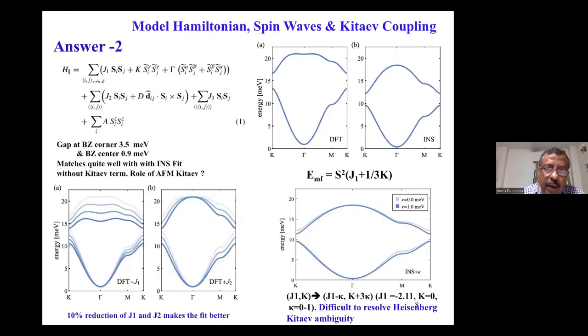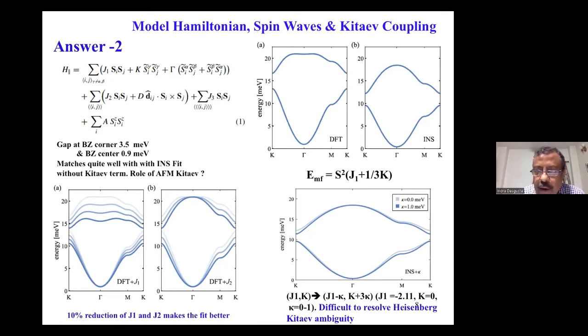Once we have these model parameters, the next step was to calculate the spin wave dispersion, which was calculated by Arun's group. This was done only considering the Hamiltonian for a single plane of chromium iodide. This is the spin wave spectra obtained by using the DFT results. We find the gap at the Brillouin zone corner to be about 3.5 meV, and the gap at the Brillouin zone center to be about 0.9 meV from the DFT estimates. And you can see this compares pretty well with the spin wave spectra obtained from inelastic neutron